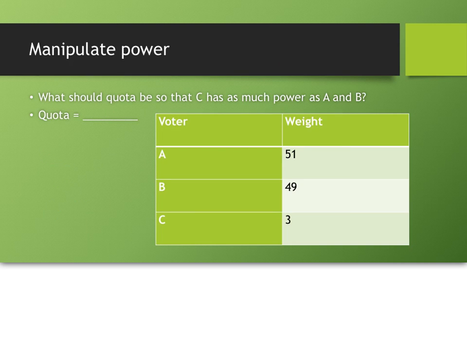And we could do the exact opposite. We could say that here we have this situation. By the way, the same minimum quota would be 52. When I say minimum quota, I mean if you add these things up and divide by 2, you'll see that to get over 50%, you have to have 52. So if I want C to have the same power as A and B, well, what could we make our quota? Well, we should make it something that, adding C makes a difference. In fact, if you make the quota the minimum,